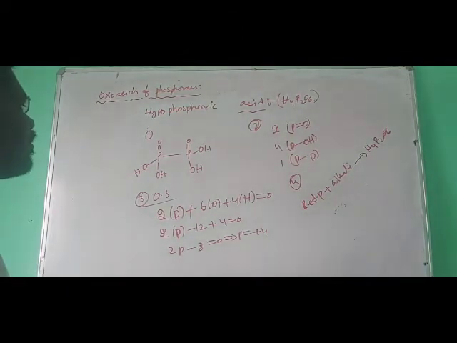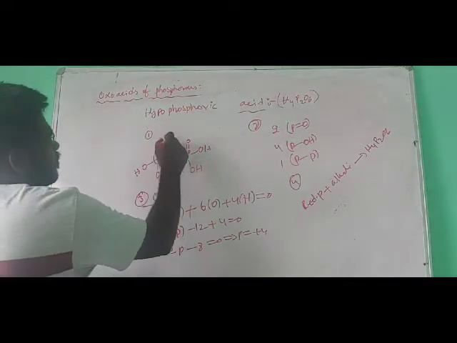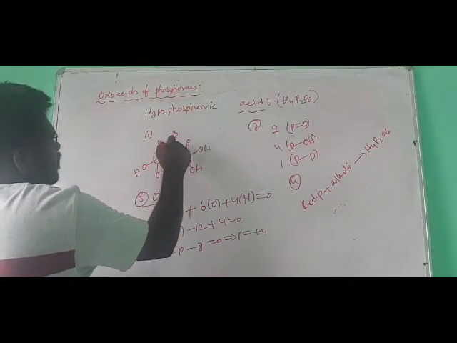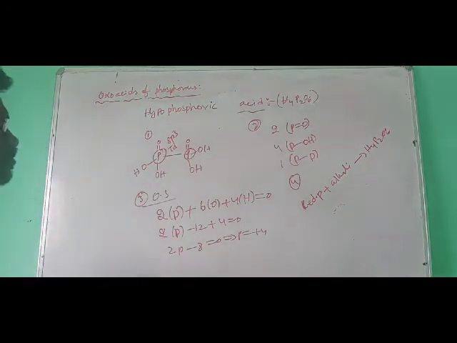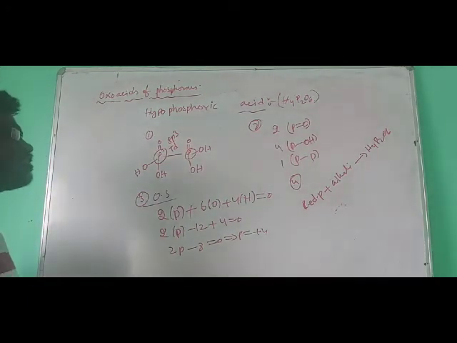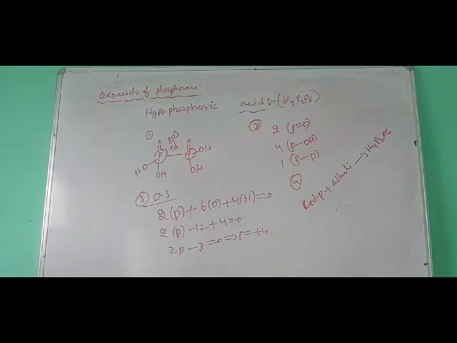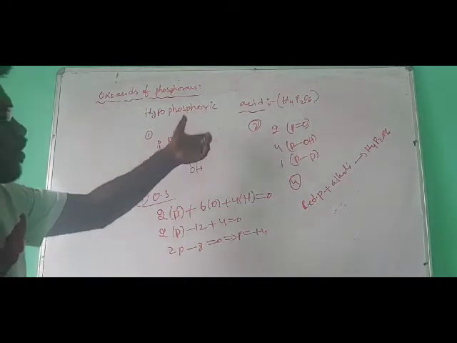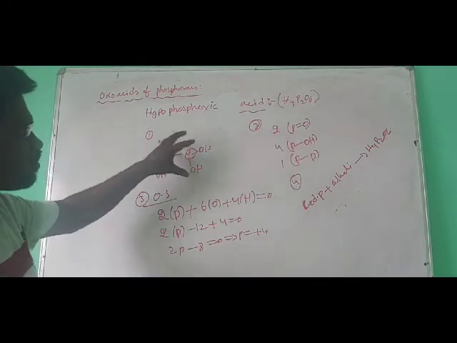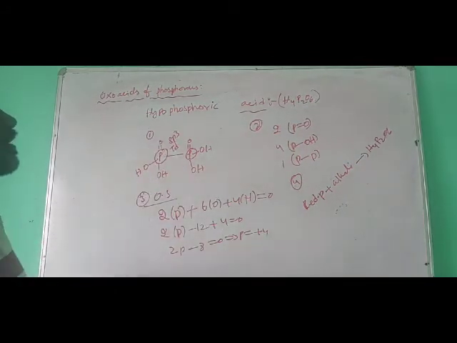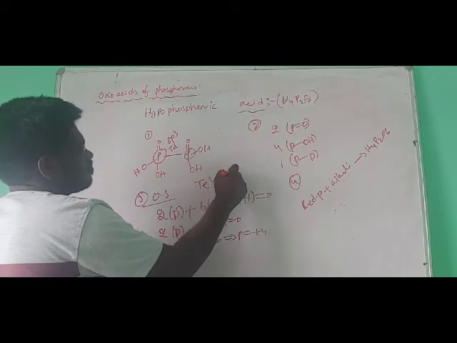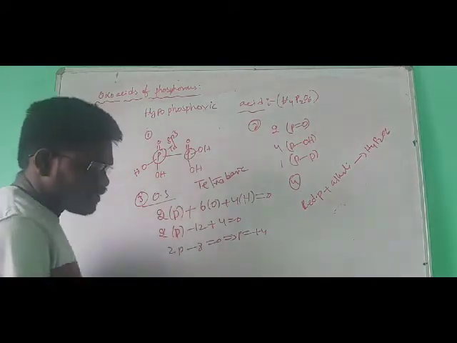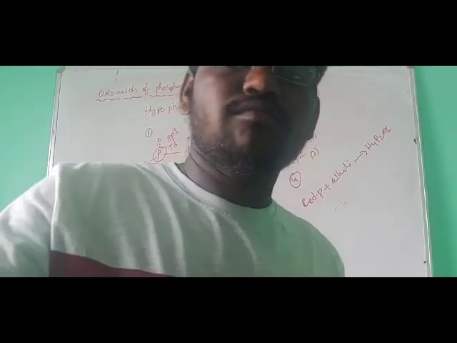And what about the geometry? Here hybridization is sp3, so geometry is tetrahedral geometry. And here also same thing, guys. So hybridization sp3 and geometry of the molecule is tetrahedral geometry. You see here 4 OH groups are present. So when you dissolve this in water, this one gives 4 H plus ions. So this is a tetrabasic molecule.